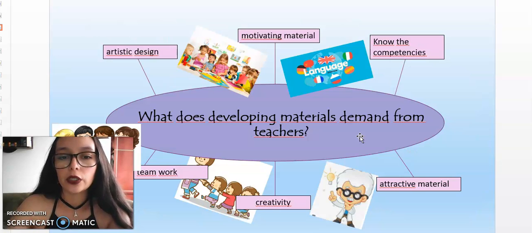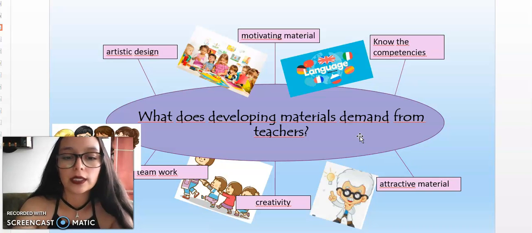2. What does developing materials demand from the teacher? Artists design motivating material, know the competence, teamwork, creative and attractive material. The development of material involves the combination of reasoning and artistic process, which are some essential principles and ingredients that help both language learning and give the teacher the foundation to embark on the road of material development. The teacher must help students to learn